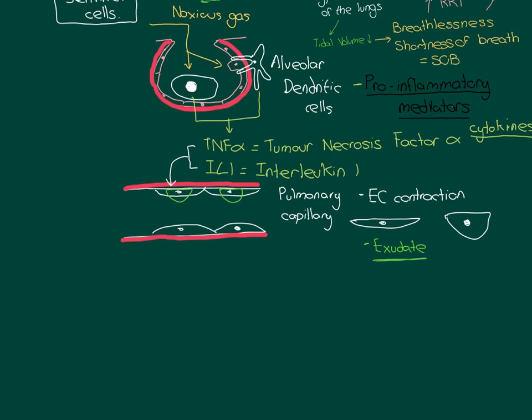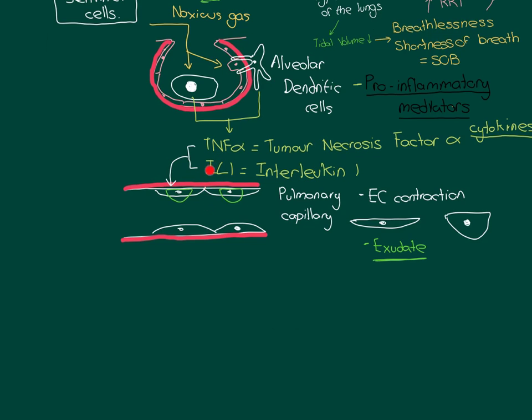So normally, starting from the beginning, remember the blood contains lots of things. It contains cells, it contains proteins, and it contains tiny molecules as well, for instance the electrolytes, which are just ions. So very small things, but the proteins are very large molecules within the bloodstream. And when you open up gaps between the endothelial cells in this way, via endothelial cell contraction, what's now going to be able to happen is proteins within the bloodstream are going to be able to go through those gaps into the extracellular fluid, the tissue fluid over here.